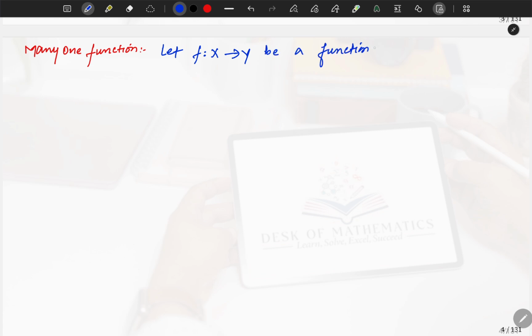Okay, so now the next one that we are going to discuss is the many-one function. If we have a function f from a set X to Y, then this f is said to be many-one function